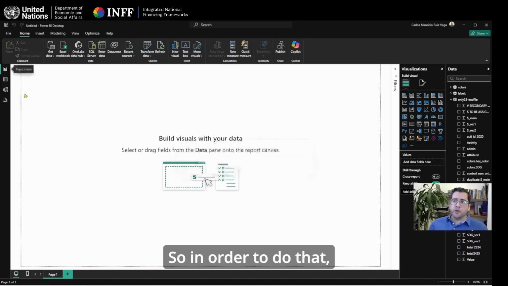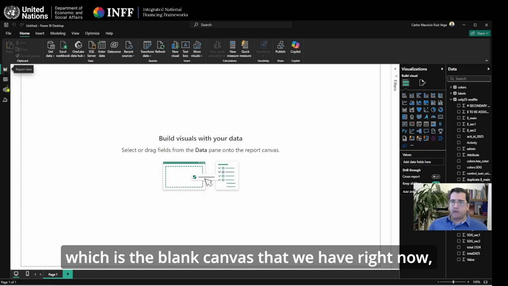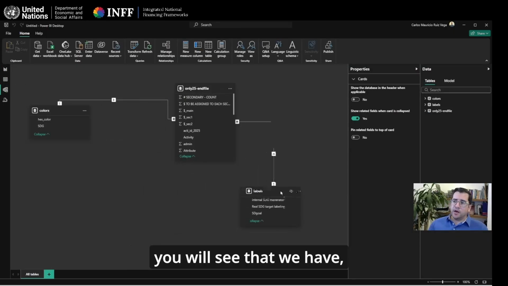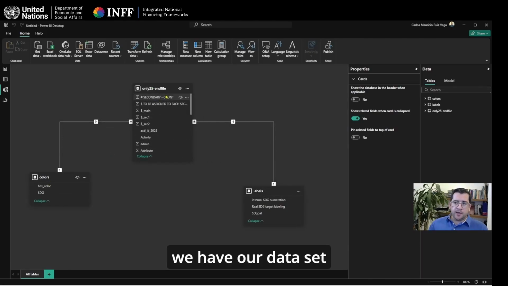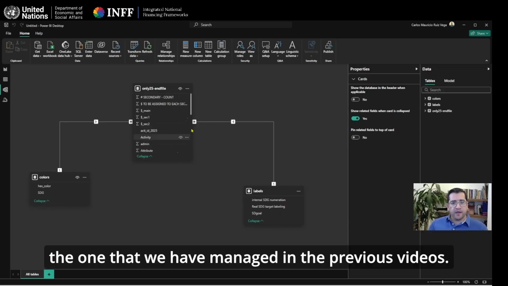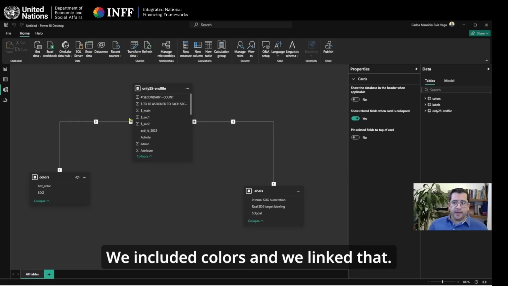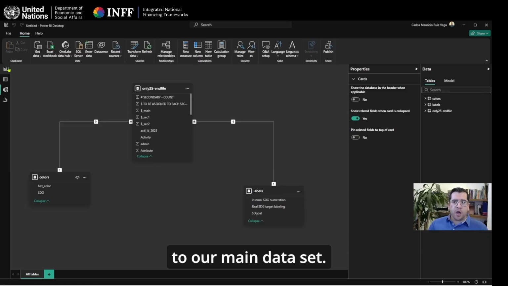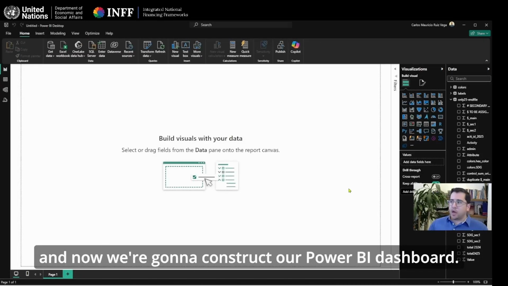In order to do that, you want to go from the report view, which is the blank canvas that we have right now, to the model view. Once you go to the model view, you will see that we have, on the one hand, our data set that we pulled from Excel file, the one that we have managed in the previous videos. We included colors and we linked that, and we had the labels, and we link that one to our main data set. So we're going to go back to report view,